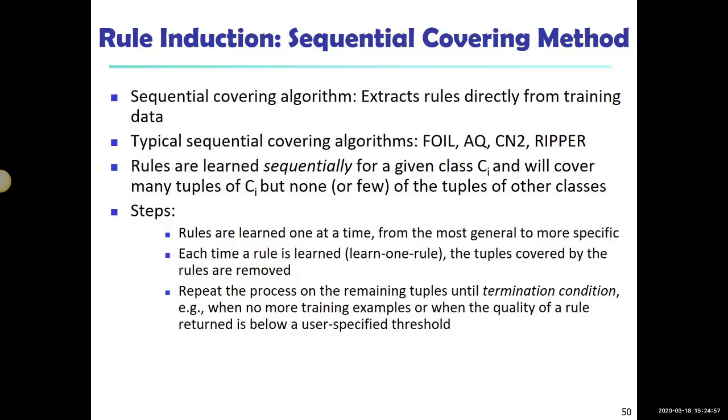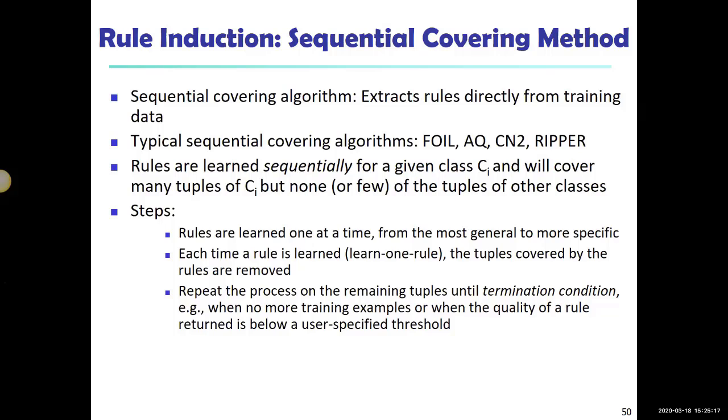Another way that rules can be learned is learning the rules directly from training data. Many sequential covering algorithms have been proposed. The idea is we will start